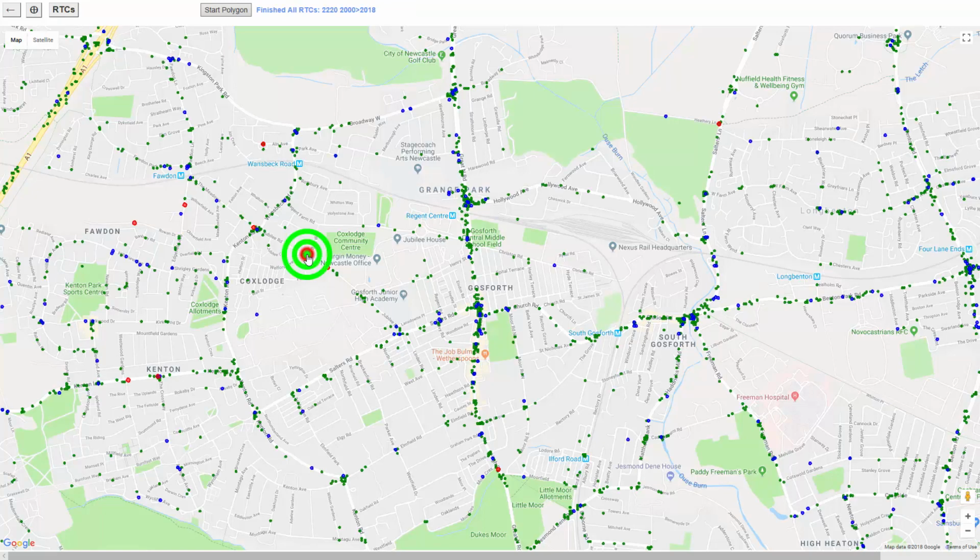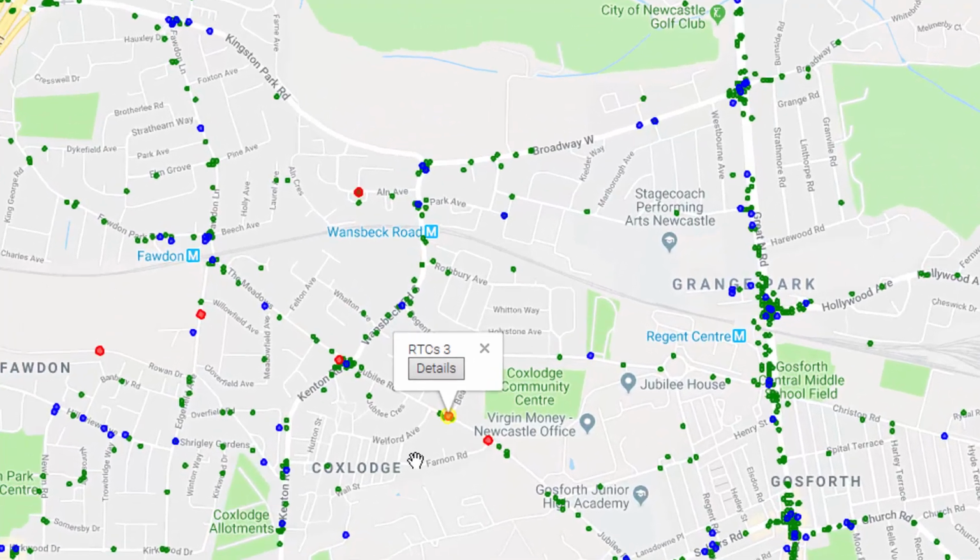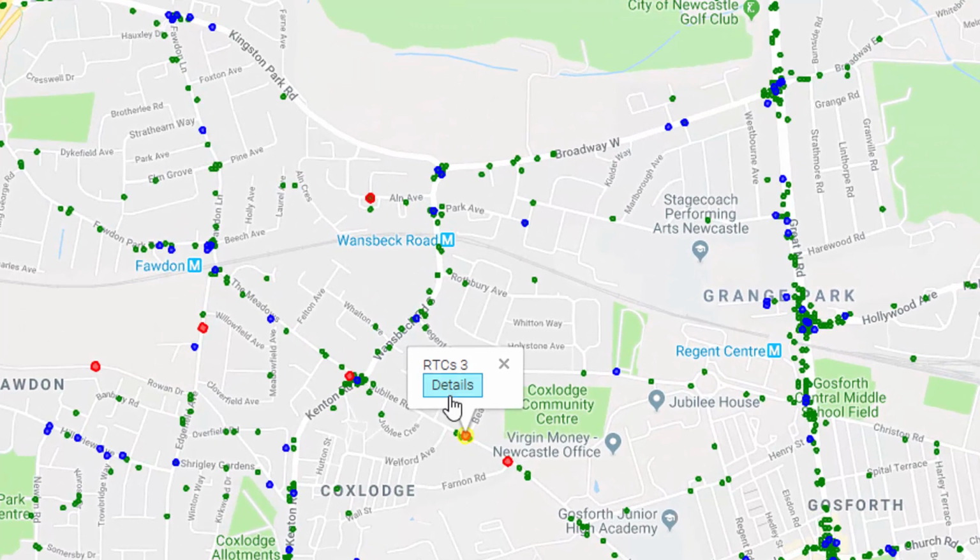Clicking on a point, we can get details of the accidents in the last 19 years within 20 meters of the click point. Clicking details,